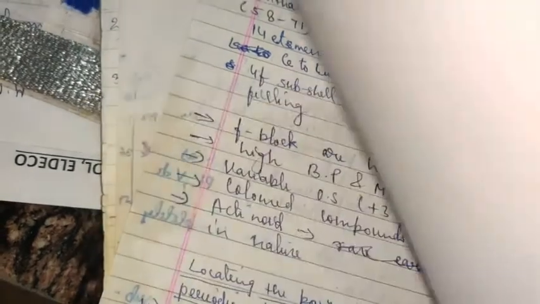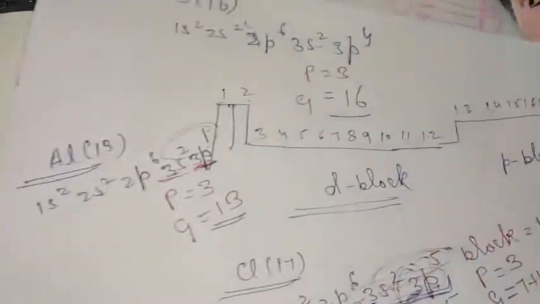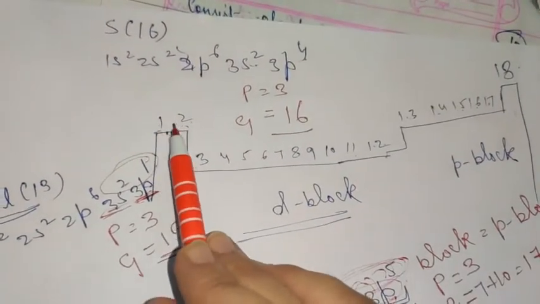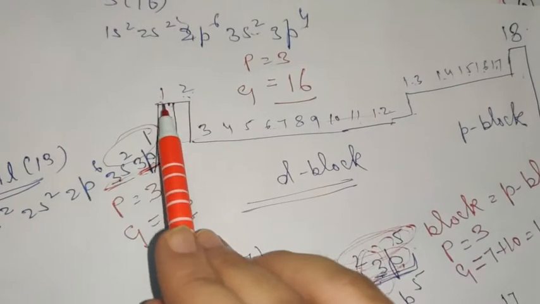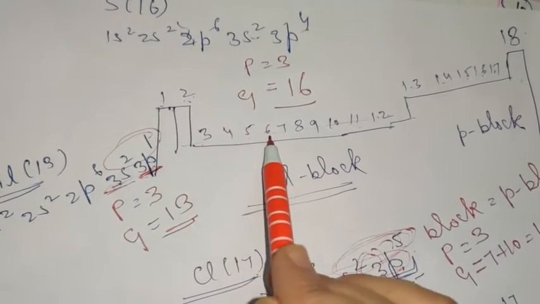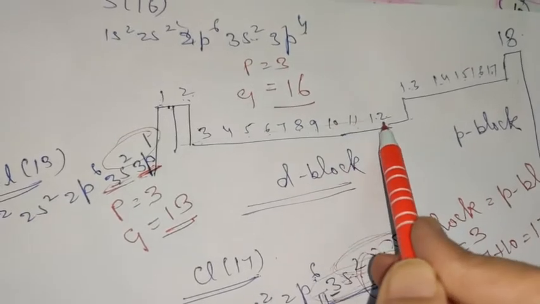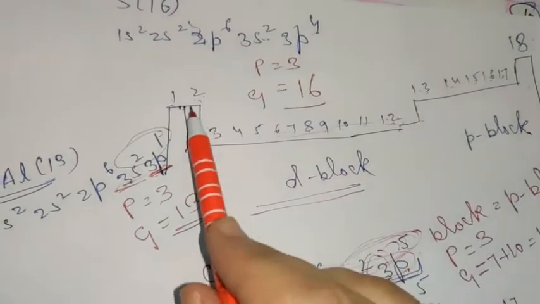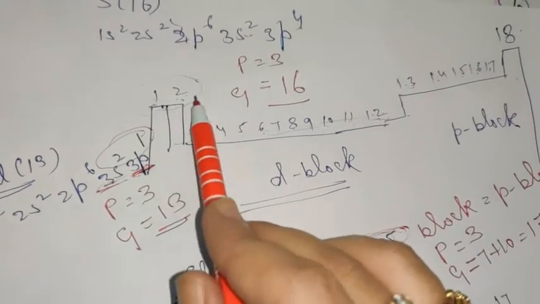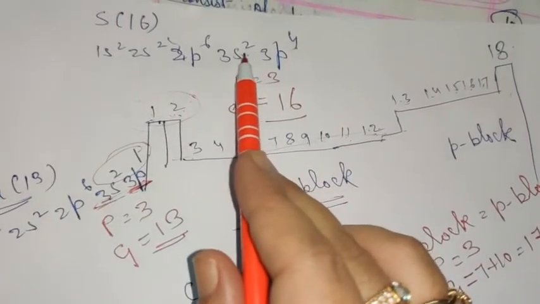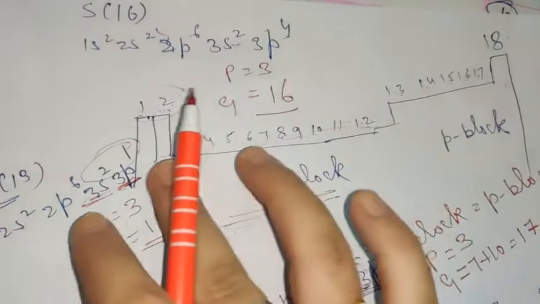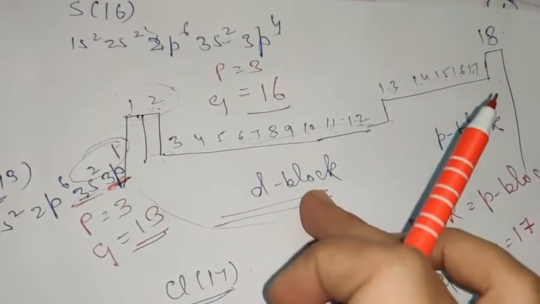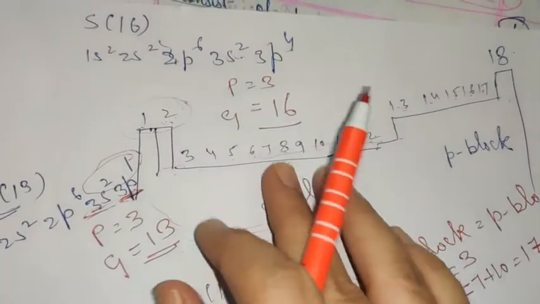Now why am I adding 10 here? I am adding 10 here because, children, you can see here we have 2 groups here and in total 12 groups before p block, but we are already including the value of s electrons. As you can see here, I'm adding the value of s electrons, but d electrons are omitted. That is why, since there are 10 electrons being filled here in between in the d block elements, we add 10 to compensate the skipped out part.